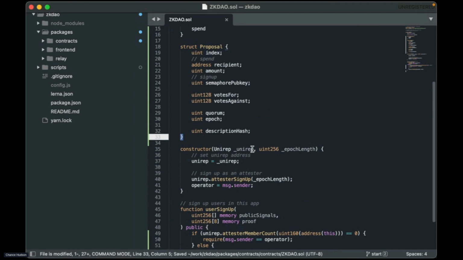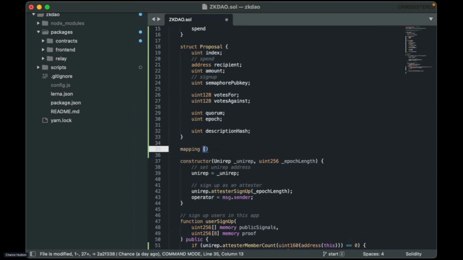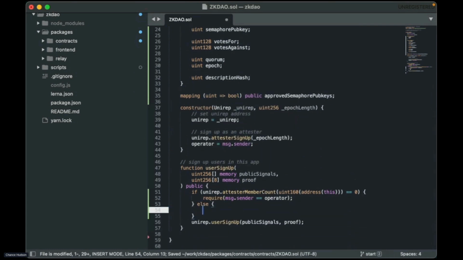All right, so now we need this logic for letting people sign up. So we'll go ahead and make a mapping that is approved semaphore pub keys. And we'll make this a uint into a boolean. Right, so now we'll require